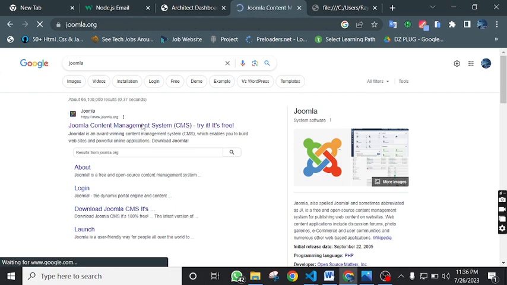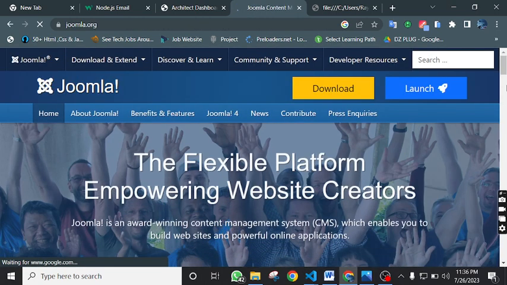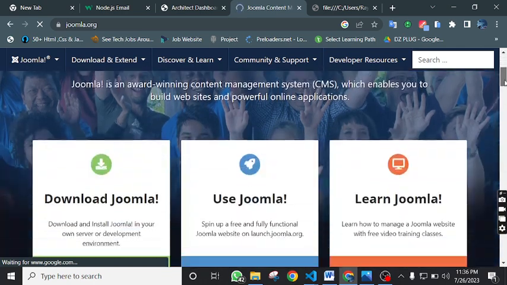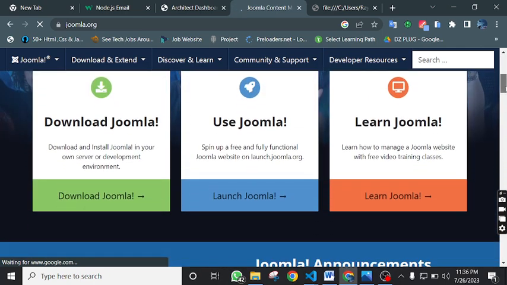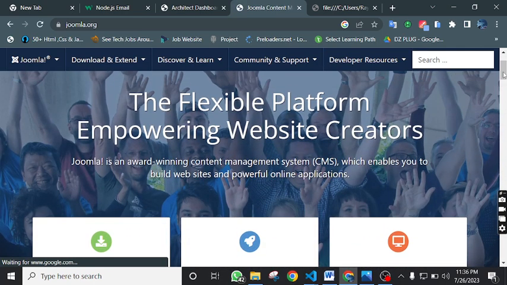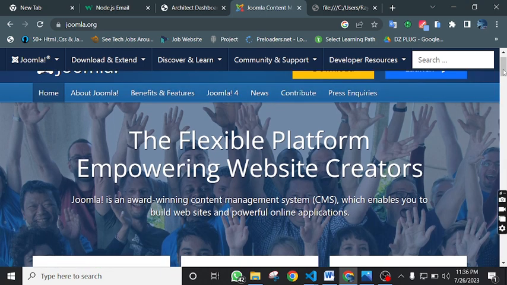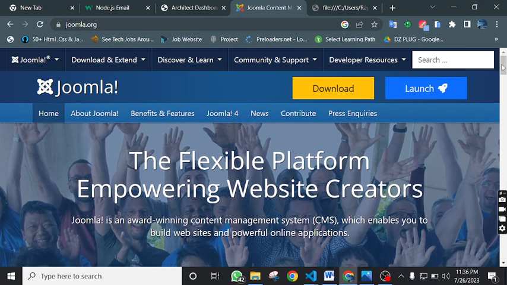Joomla is a content management system that allows you to build full stack web pages. So all you need to do to start with Joomla is either you get a host. I'm on Joomla's website. All you need to do to start a web page with Joomla